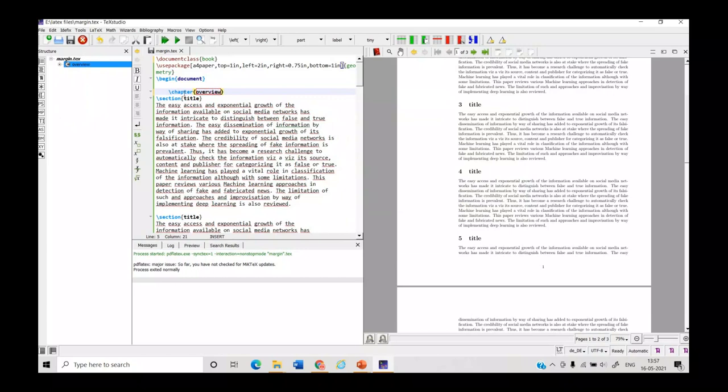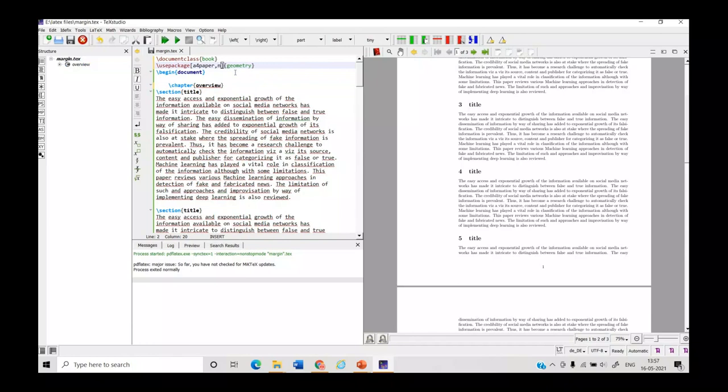Okay. So now instead of using top, left, right, bottom margins, I'll just use inner, also provide a value in IN, that is inches, comma, outer is 1 inch. Now build and run.